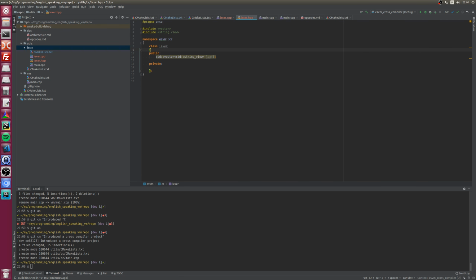So Lexer is going to accept a const reference to a string here. A reference to a string with all source code. Let's just say source.